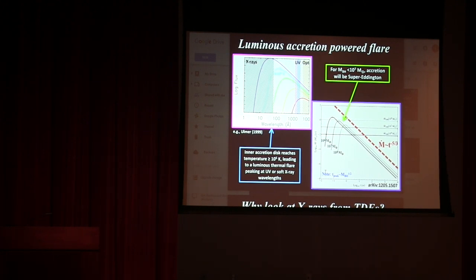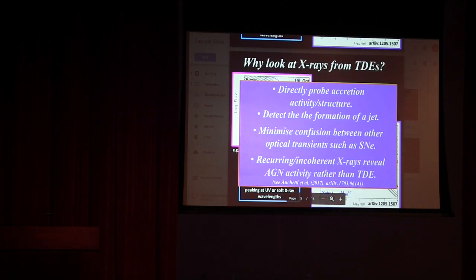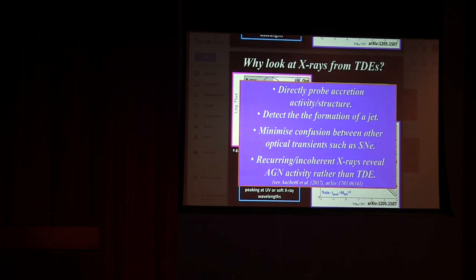This has been quite important because of Swift, particularly, but obviously XMM and ROSAT as well, which have been important in detecting and following up potential TDEs in X-rays. But I think STROBE-X would be really ideal in all its aspects, and it will be an integral part in detecting, characterizing and following the X-ray emission from these events,